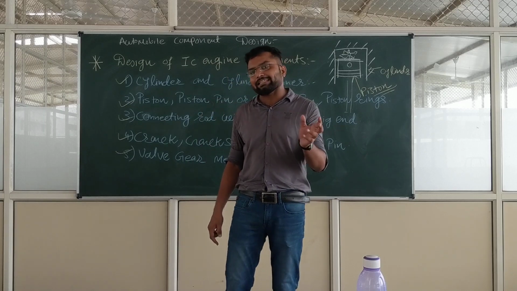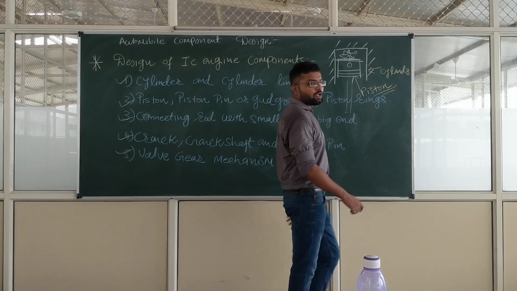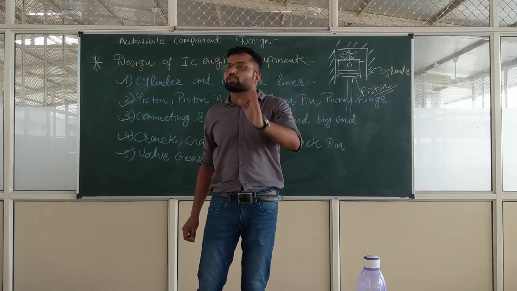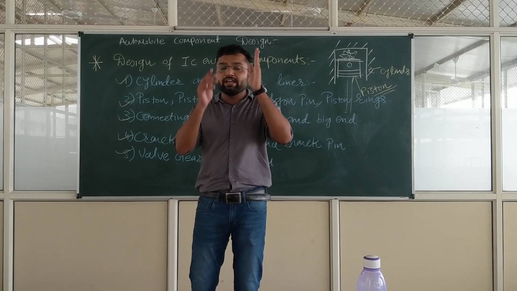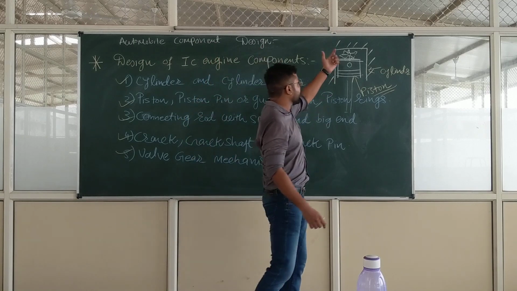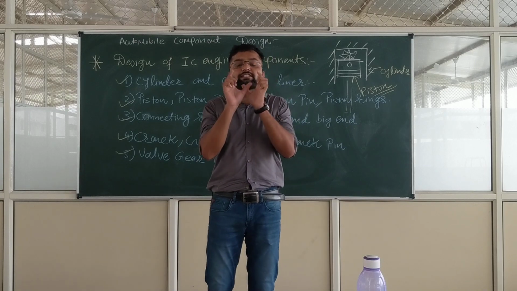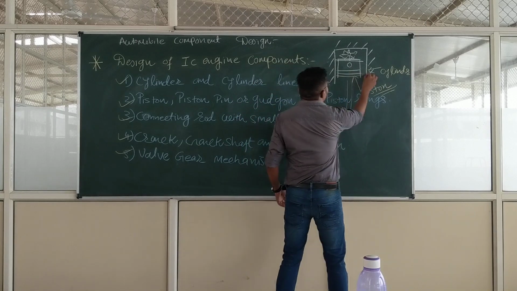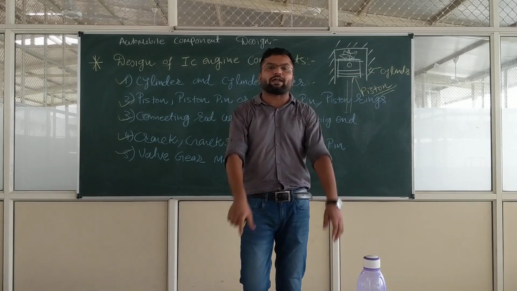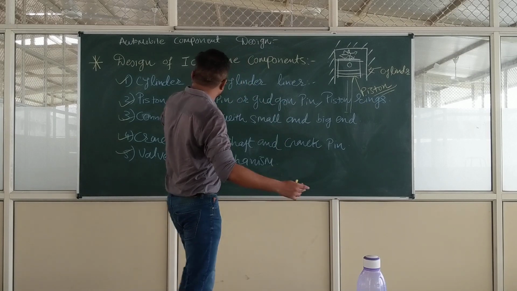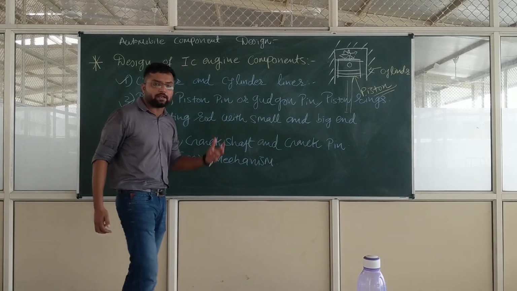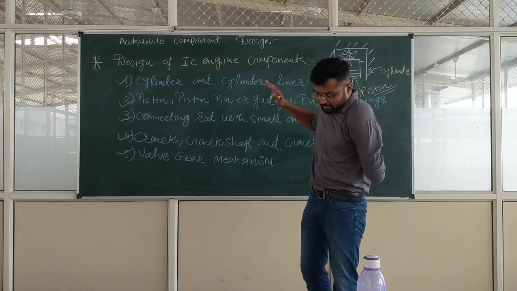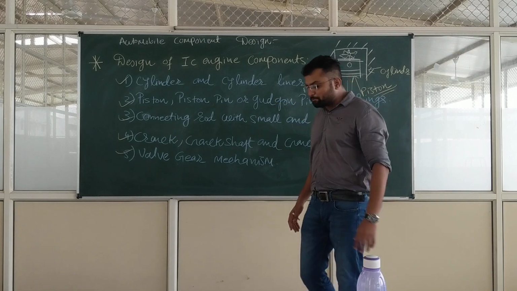Now, how are we going to design this piston? This piston assembly will be like this. The piston is connected to our crankshaft through our connecting rod, and it is placed inside our cylinder. Clear? It has a transient fit with our cylinder with the help of the rings provided. We will talk about this ring quite specifically later, when we get into the piston and piston ring. Right now it's just an introduction about each and every aspect.